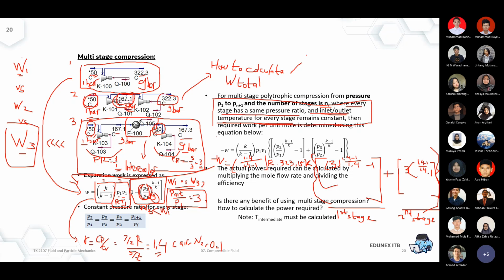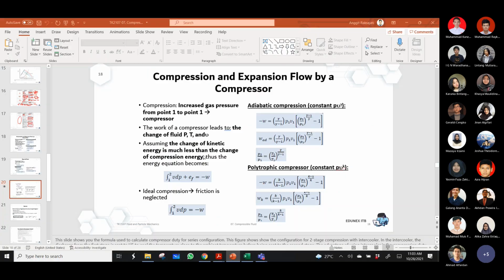So now we actually have to calculate separately for stage 1 and stage 2. And then later you add it, that becomes the total. Okay, and which formula? Now it's like we treat it as a separate single stage compressor. Okay, so let me go back to my full screen first.